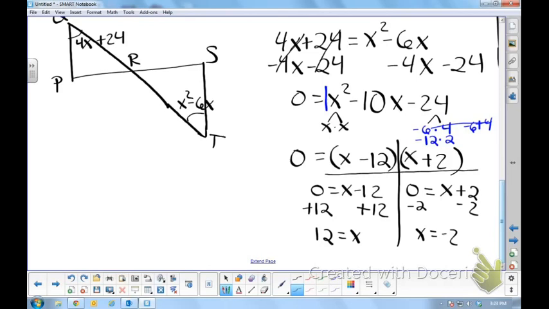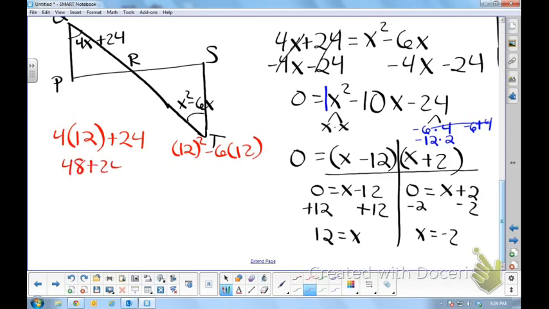So then we would have to check and make sure both answers make sense. If the actual angle is negative, it's not going to work. Right now, we don't know without plugging it in. We only know that x is positive 12 and x is negative 2. So we're going to try plugging it in just to make sure that either both make sense or maybe throw one out if it doesn't make sense. So we're going to see what happens when we plug in 12, make sure the angle we get out is positive. So 4 times 12 is 48, plus 24 is